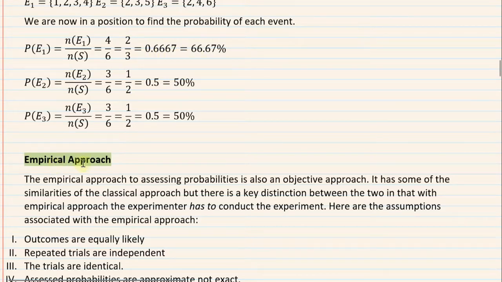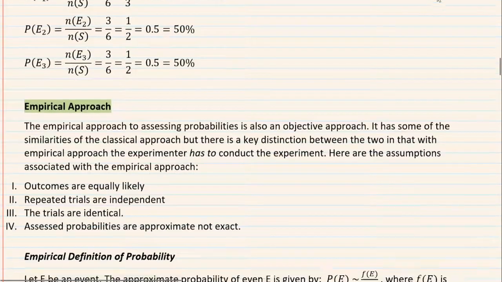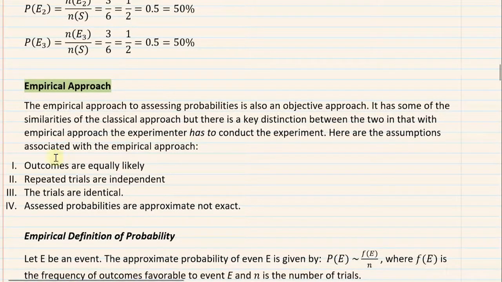With empirical probabilities, the probability that we observe event 1 could change depending on how many times we roll the die. Okay, so let's actually see what this empirical approach does. With the empirical approach, again, here are the 4 items that are particularly relevant to the empirical approach to probability.